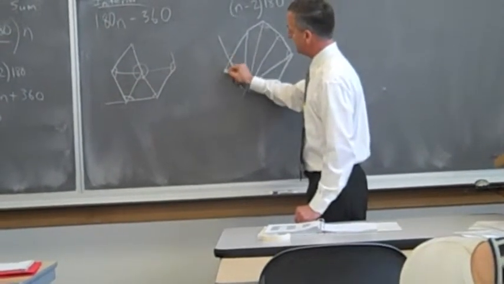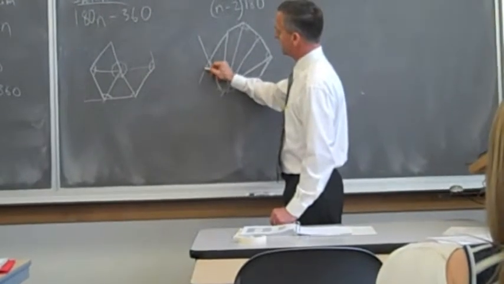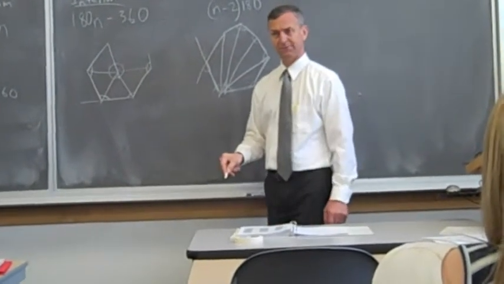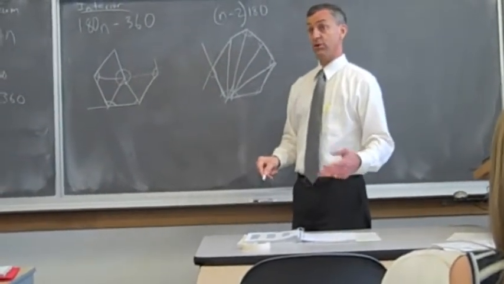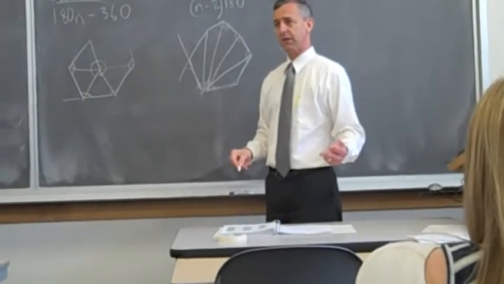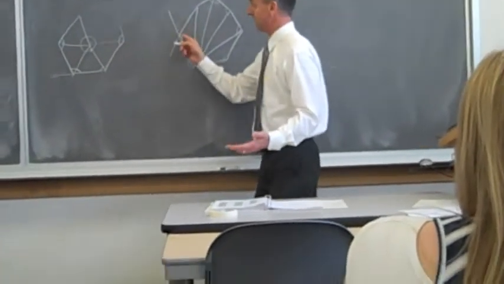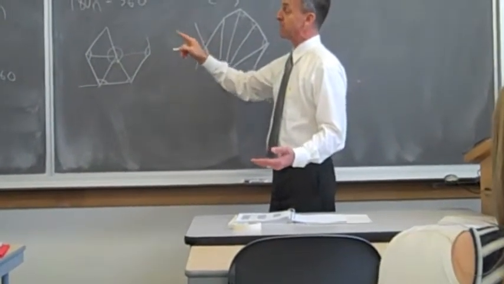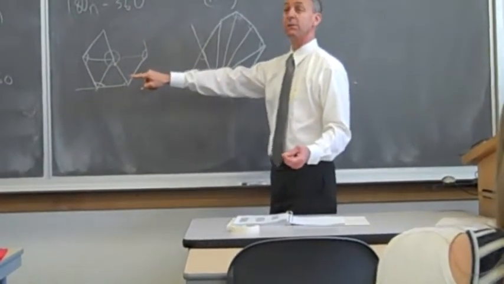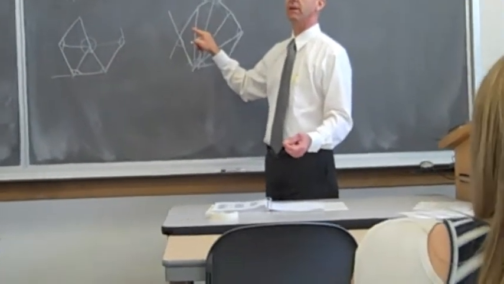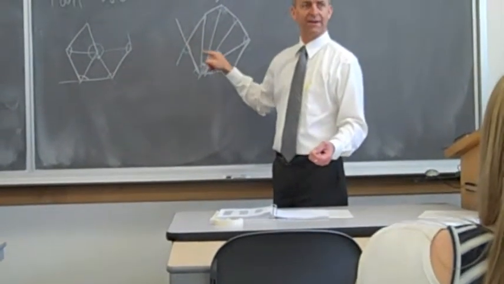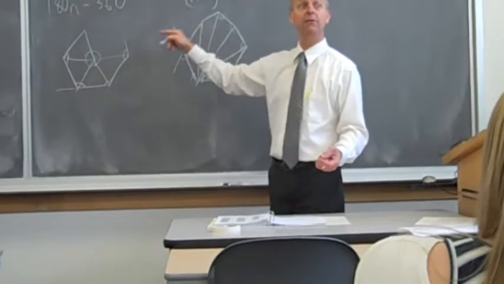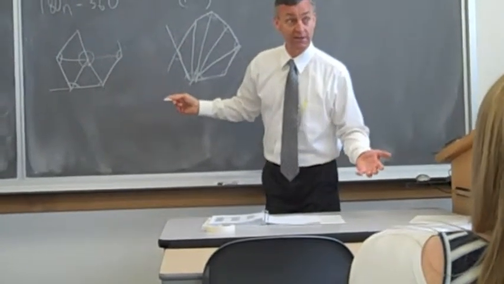But if I extended this side, then this is also an exterior angle. So technically there are 2 exterior angles that can be made at each vertex. And when we say the total is 360, we are saying that that is counting 1 exterior angle per vertex. If we counted both of them, it would be